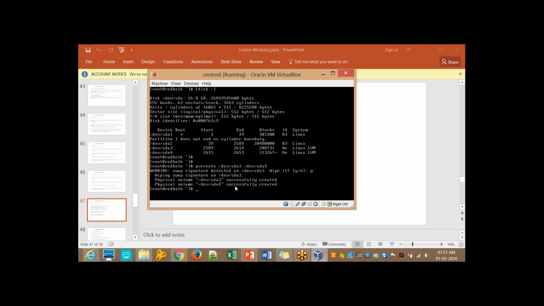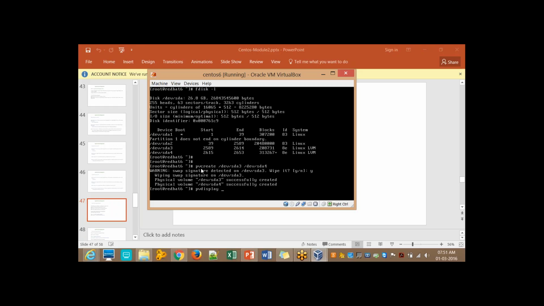So you can see I've converted these volumes to physical volumes. I said pvcreate. The reason I have used both these partitions is to tell you that it is possible to do it individually, first time and then second time for the other one, or you can convert them at a time. So pvcreate is the first command. You are converting the raw partitions. Now